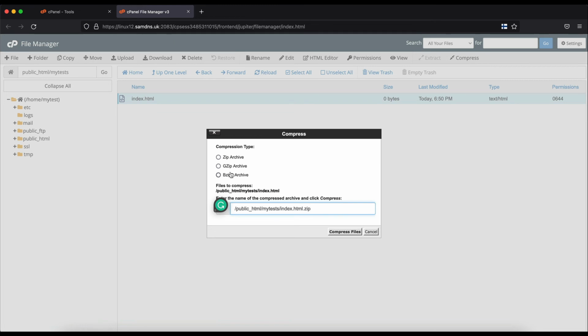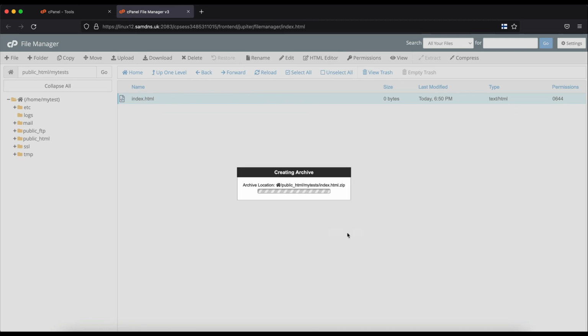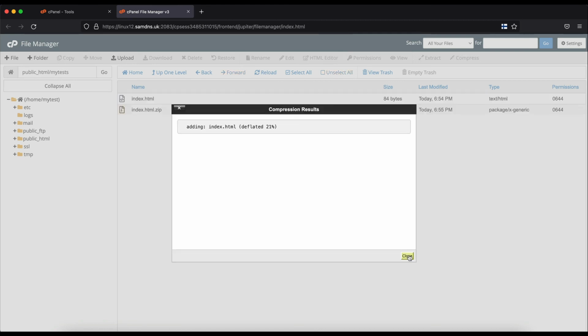You have three options: zip archive, gzip archive, and bzip2 archive. For test, I click the zip archive and compress the file. Compression results is okay. 21%